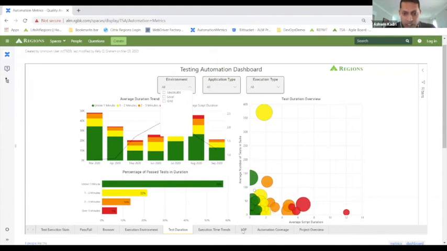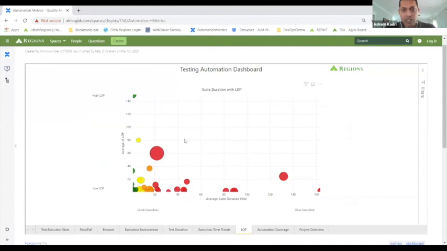And then finally, we have an extension of that. Instead of just looking at the test case, what if I want to look at the entire test suite? This gives an indication of how long the test cycle is and what the average level of parallelism is that these teams use. For example, this project runs within a minute and it has 150 tests. Of course, these are all API tests, so that's the reason why it's so fast.